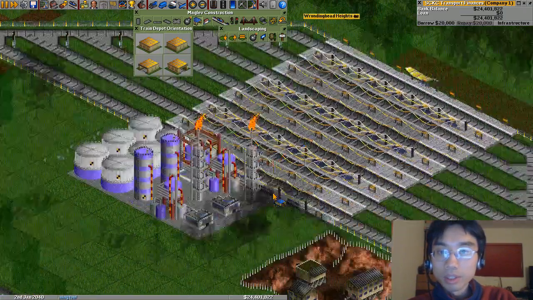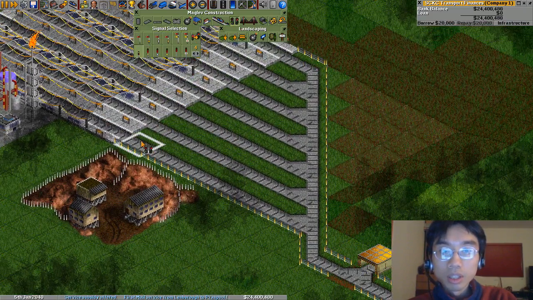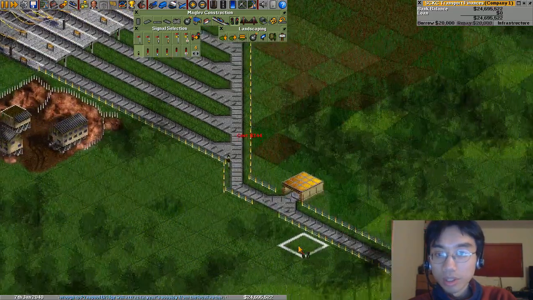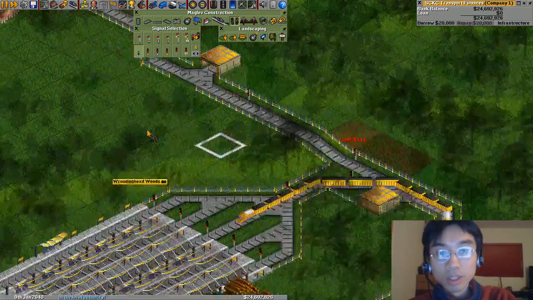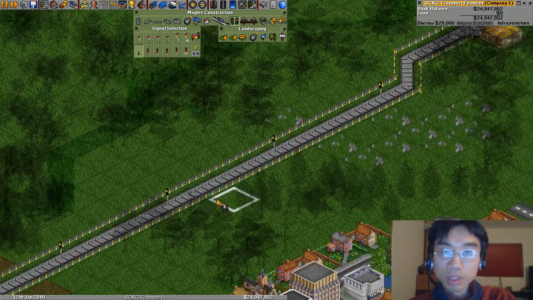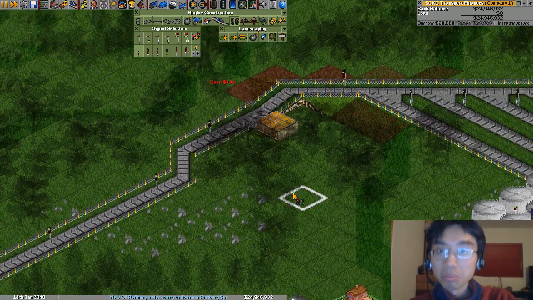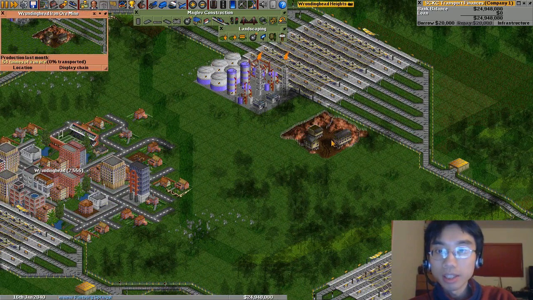And then we have a depot there, and a depot there. And then exits on that side, and entry on that side. Alright. Good. So now we can start taking iron ore